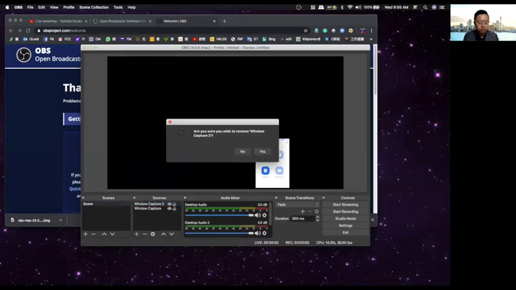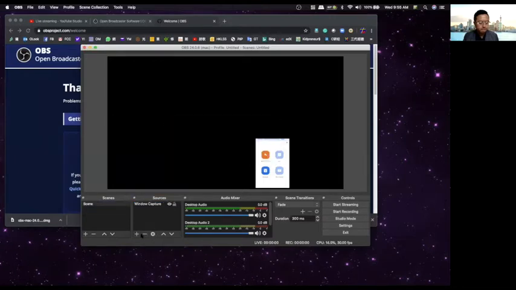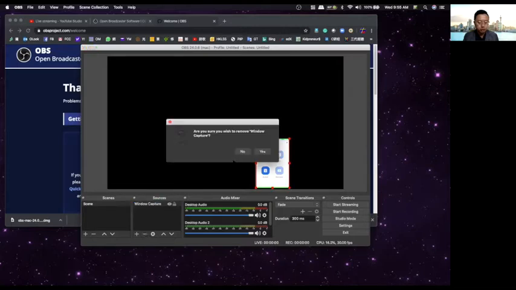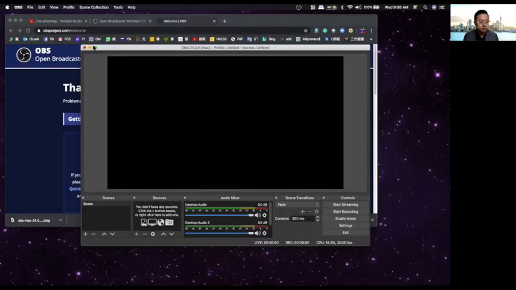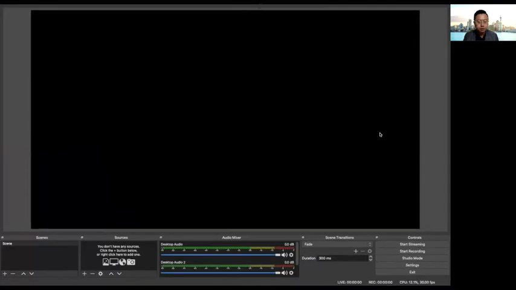Let me try to delete everything first. So initially, you will see this whole interface. You got a big black window here, and then you got some settings here,